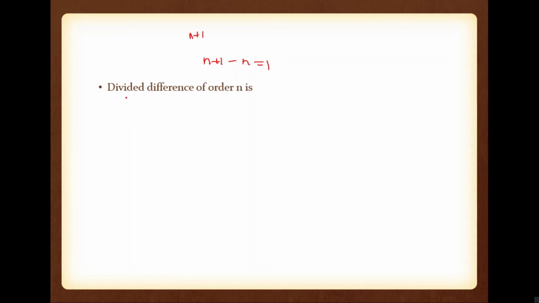So that is equal to [x0, x1, x2, etc., xn minus 1, xn]. You can see that we are finding the nth order divided difference. So in the square bracket we have n plus 1 elements, meaning we have the given data completely inside that square bracket in order. In order means not ascending or descending, in the given order.